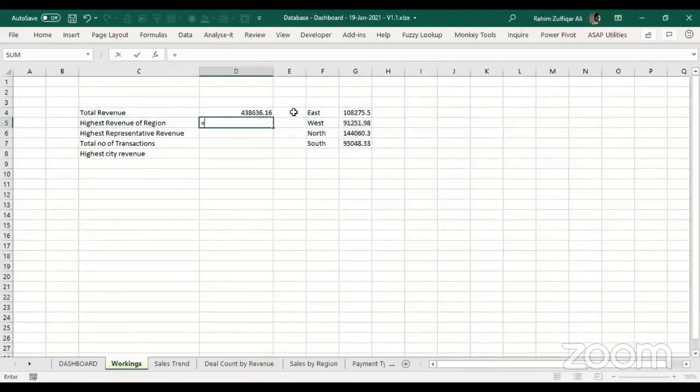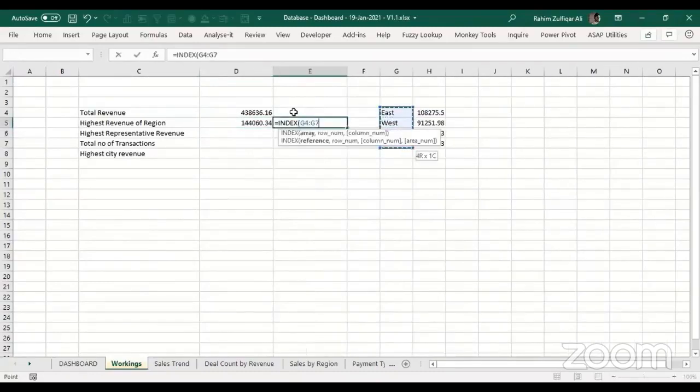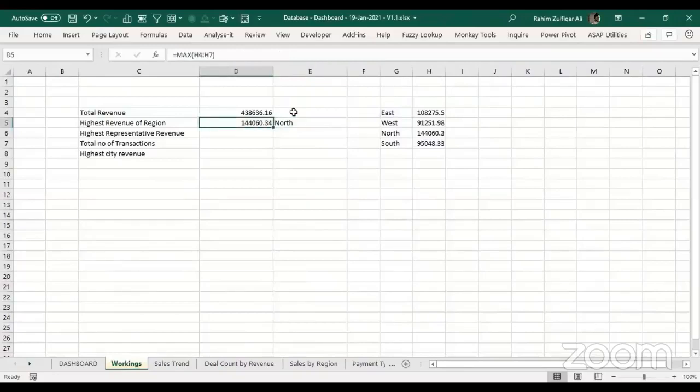And here I will use the max function, and index and match function. So the highest revenue of region is for the north, which has been extracted